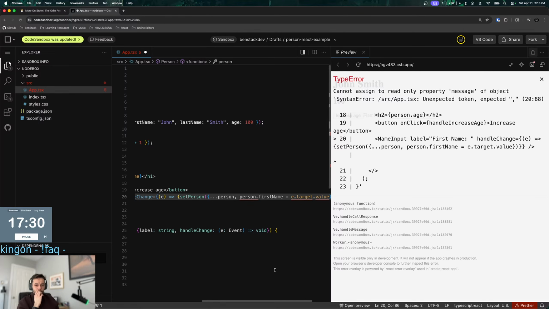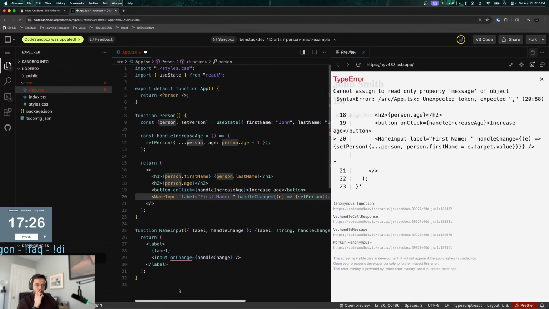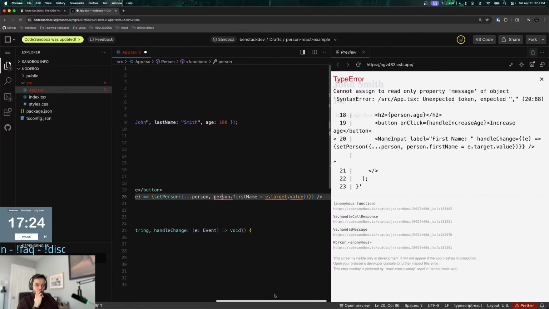On set state, always return a new object. Yeah, that's what I'm trying to do. I'm putting the new object declaration here. Right, I'm instantiating a new object.